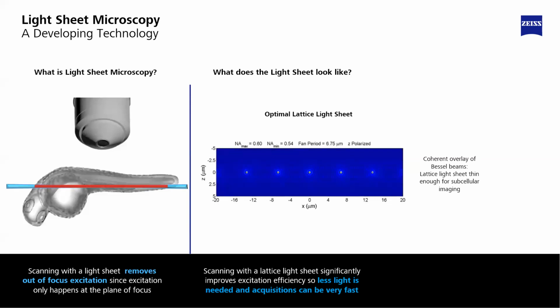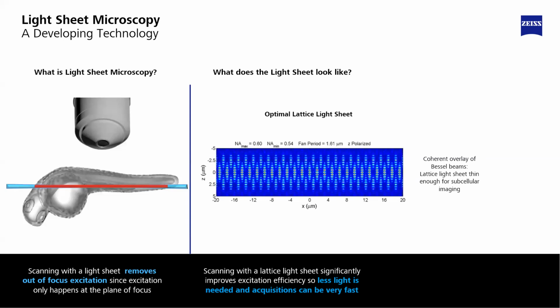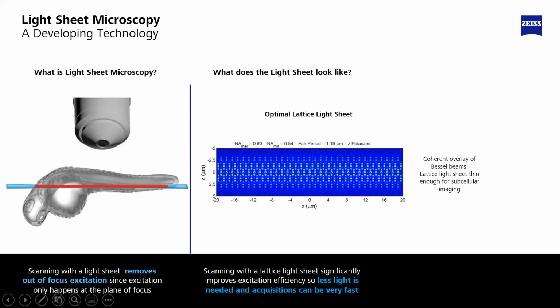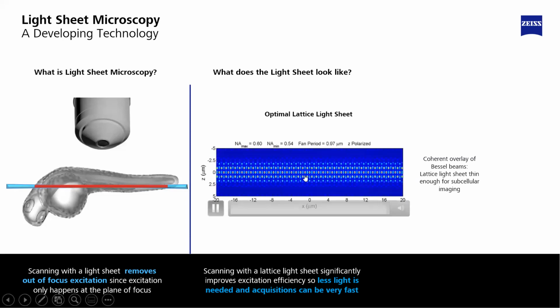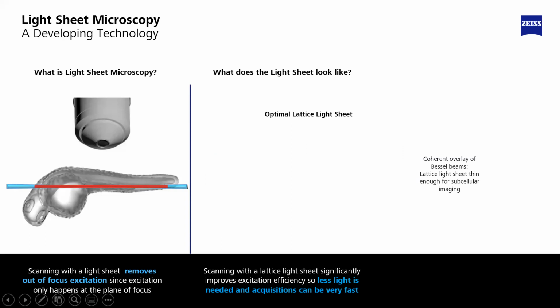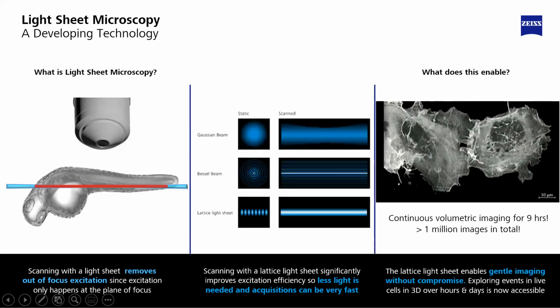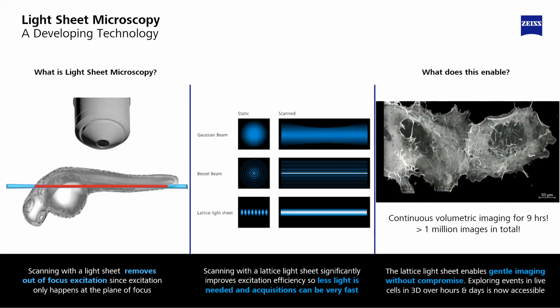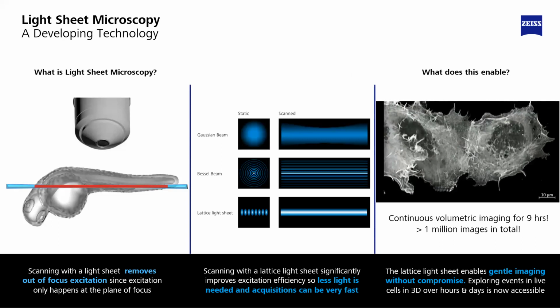So when Bessel beams are introduced as a lattice, or an overlay of beams, they can cause destructive interference to form between the rings of each Bessel beam. And this results in those outer rings being destructively interfered and leaving only a very long and thin sheet of light at the end. We'll see those side lobes disappear at the very end of that. And this is well suited for gentle volumetric imaging with very low phototoxicity over hours or even days